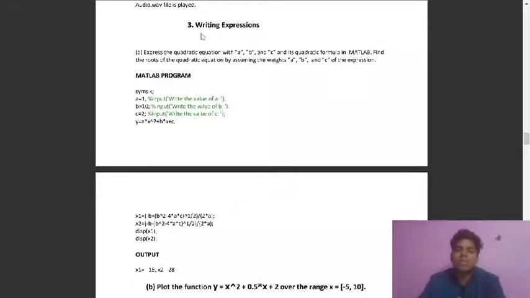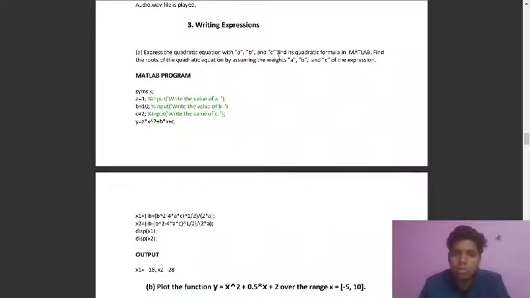So this is the third part of our experiment. We have to write expressions, like some mathematical formula or some mathematical expression. So this is a part of this third question. What it is saying is: express the quadratic equation with a, b, c. So a, b, c are the parameters of our quadratic equation and its quadratic formula in MATLAB.